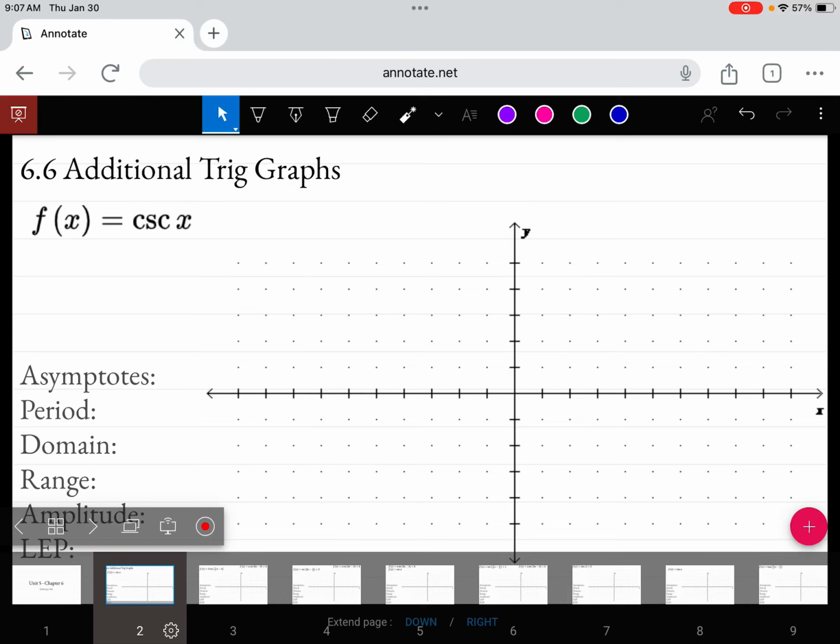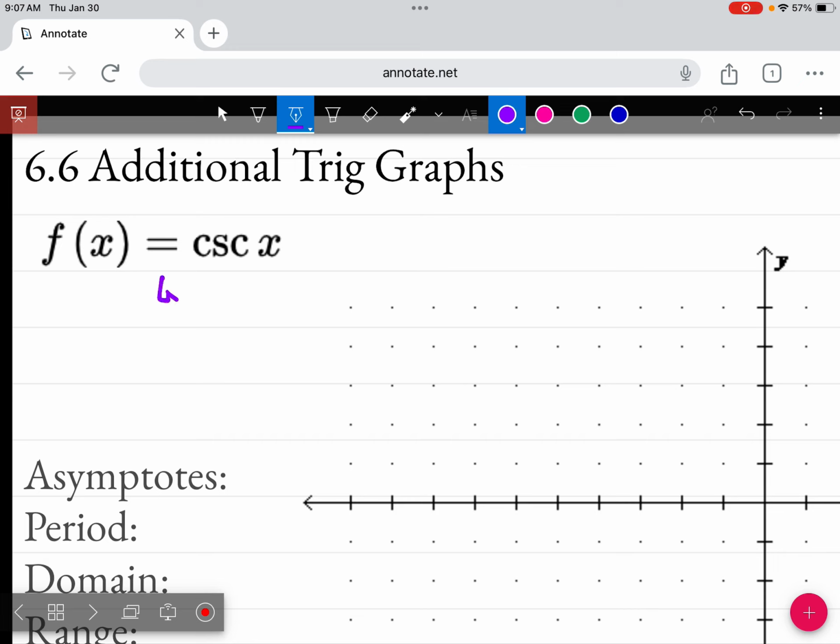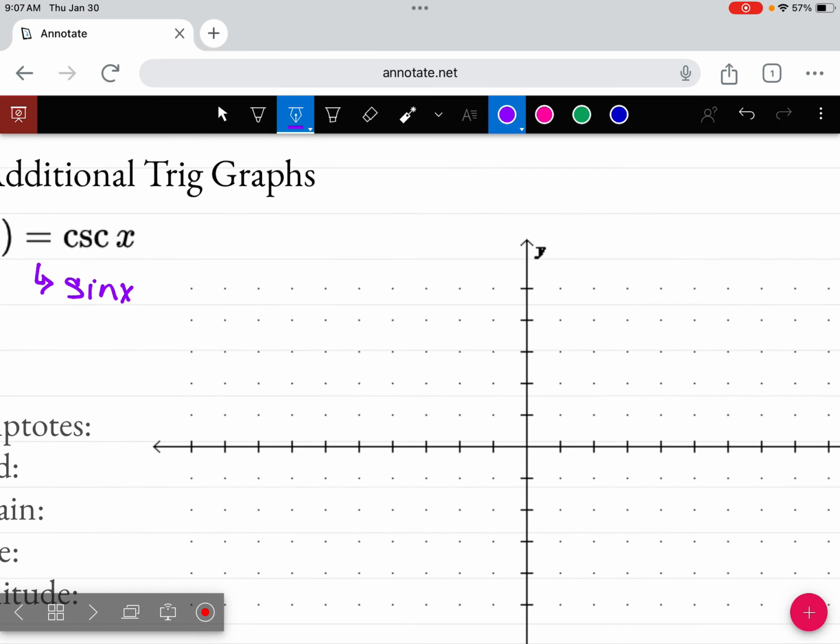There we go. We're going to start by looking at cosecant today. Cosecant is the reciprocal of which piece? Sine. So this is very much related to the graph of sine of x. So what we're going to do is start by graphing sine. So we're going to get to practice all of our regular guys too. Since we're looking at our parent function for sine of x,